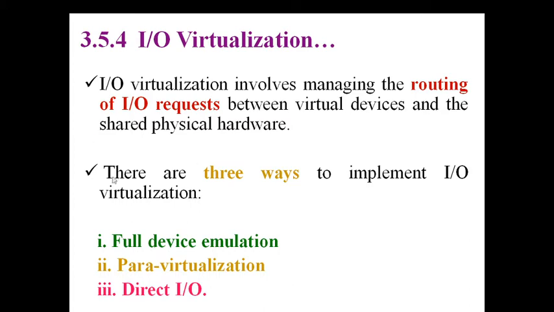Full device emulation means all the requests which are going to be satisfied by original IO devices like keyboard, mouse, monitor, etc. All this device functionality is going to be copied in the VMM itself. So all our devices are fully going to be emulated. The software or conversion libraries needed are stored in the VMM itself, so it will take care of all the conversions.